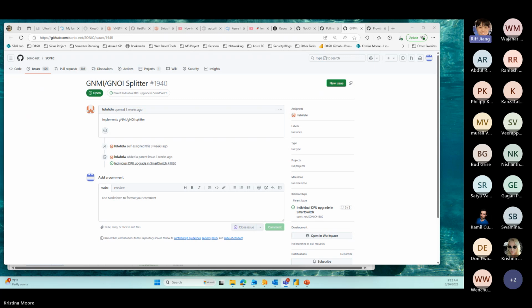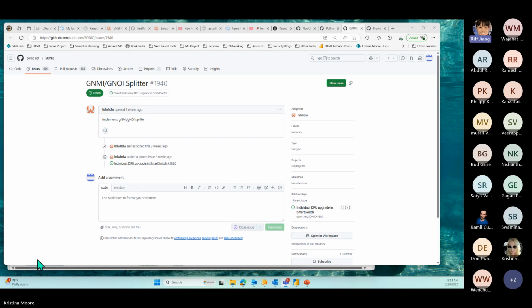What we have today in Dash is the KVM, which already has the gNMI interfaces. The gNMI interface is taking the SONiC model, not the OpenConfig. Once a splitter is running, I don't think today we have actually connected the splitter to the KVM.